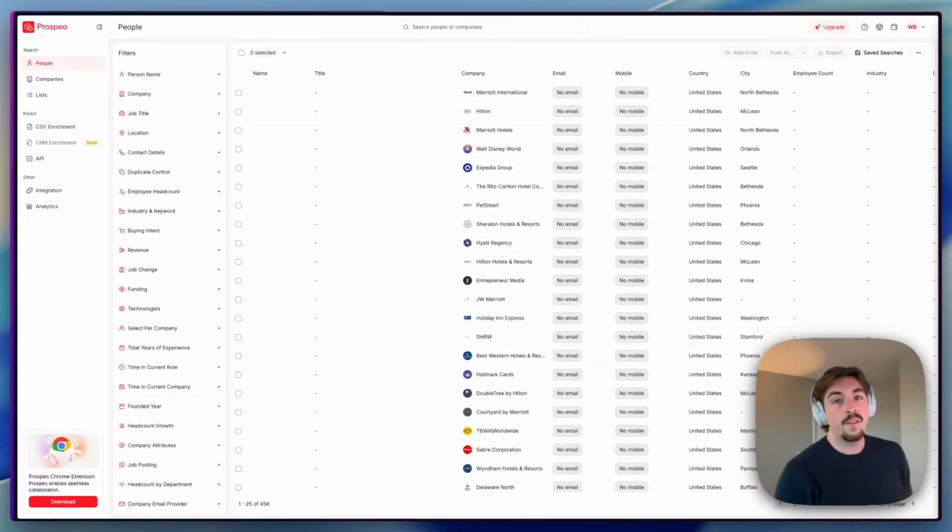For the last 24 hours, I've been playing around with Prospeo's new database feature, and here are my honest thoughts. For context, at RevGrowth, we send roughly 600,000 cold emails per month, and whenever there's a new data source that comes out, we're always very quick to start testing them just to see how it performs compared to our typical waterfall. When this update came out, I knew that I really had to get on this just because Prospeo is